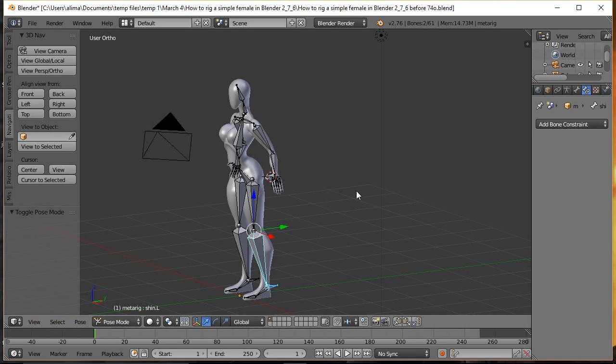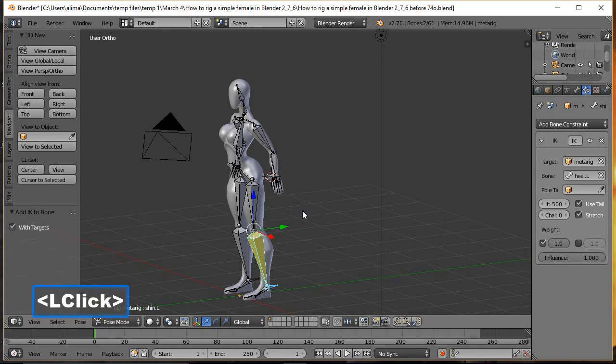And we're actually going to use a shortcut to do this. Remember, we selected here first. We held shift, then we selected there. We're going to press shift, and then while holding shift, press I. This brings up our add IK button. So we're then going to choose to active bone. And now when we did that, you can see this bone here turn yellow to show that it has a constraint on it. And IK is short for inverse kinematics,